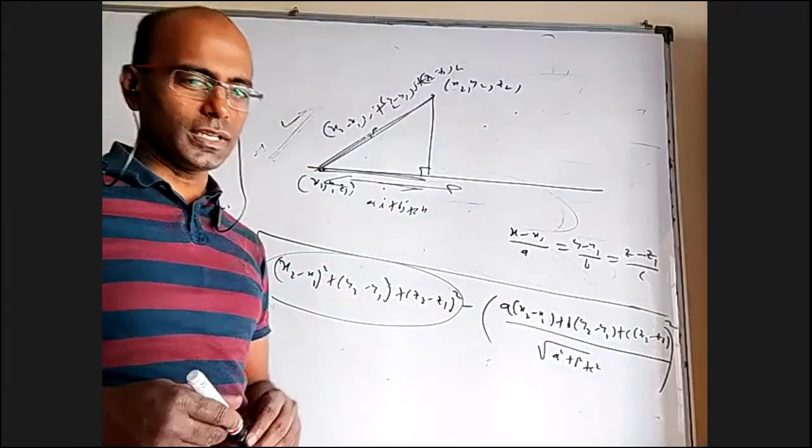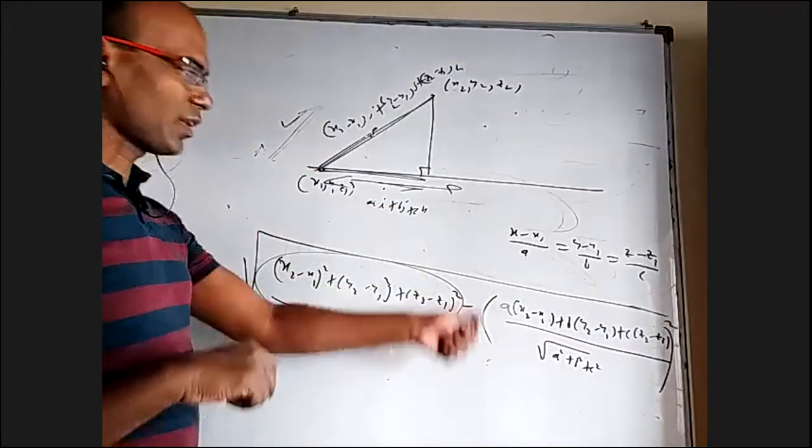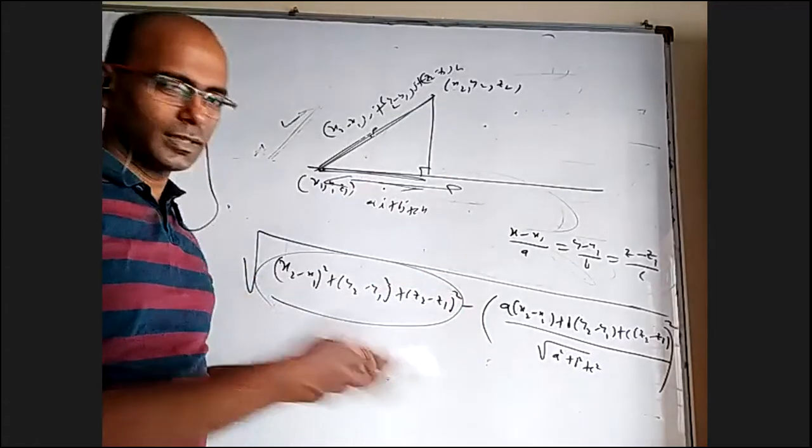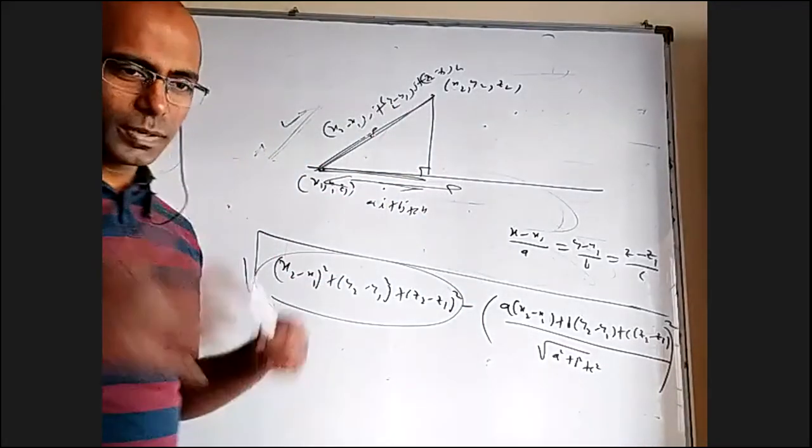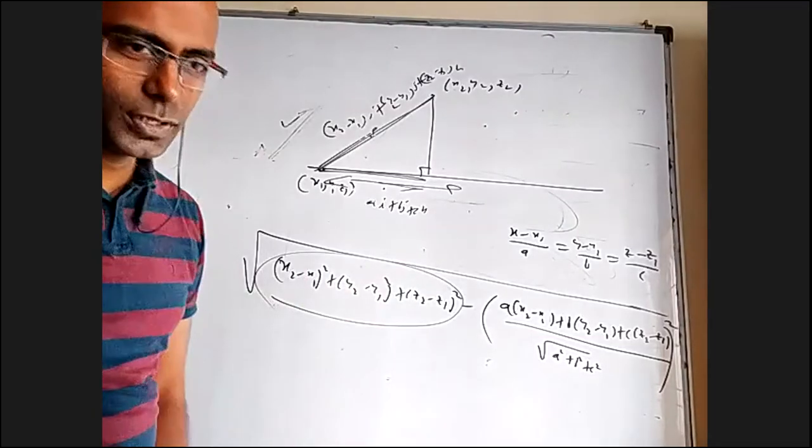So in 3D geometry, especially in the books, you'll find this formula from a point to a line. But if you understand how it came, you can always go for the process. But if somebody likes formulas, let's use the formula. Is it okay, everyone?